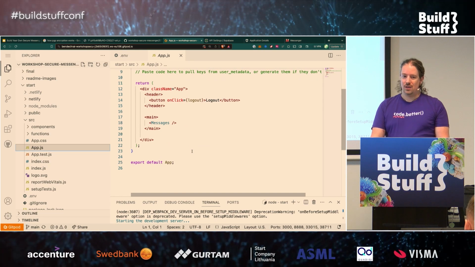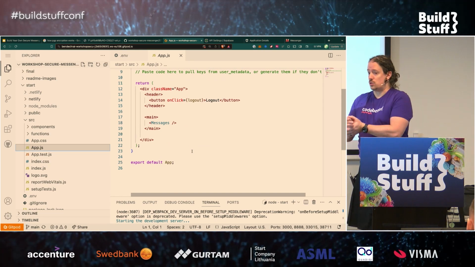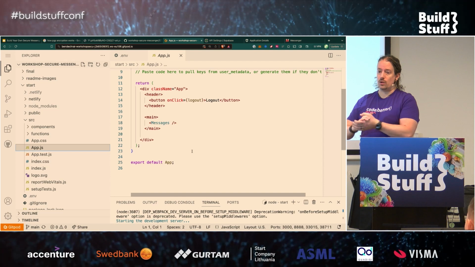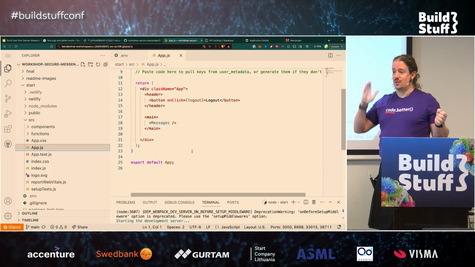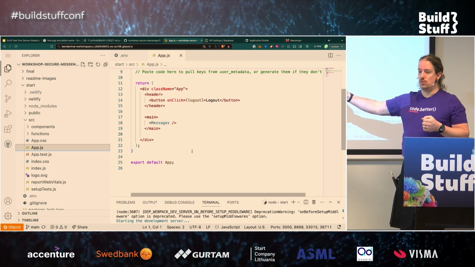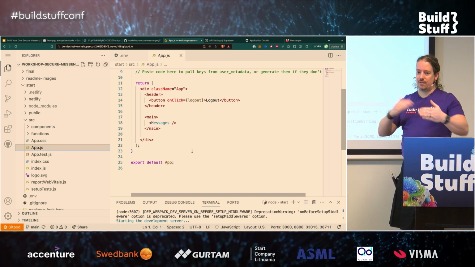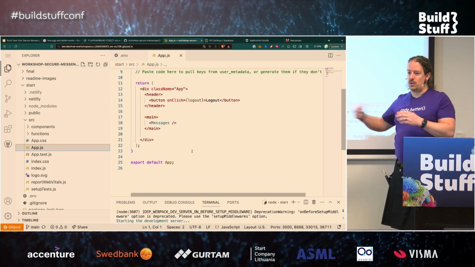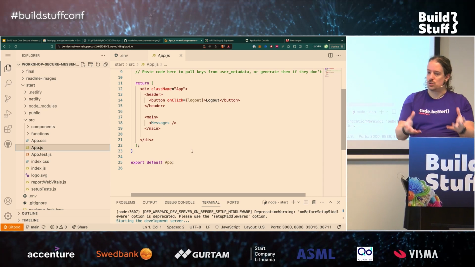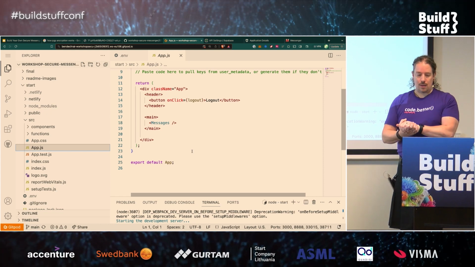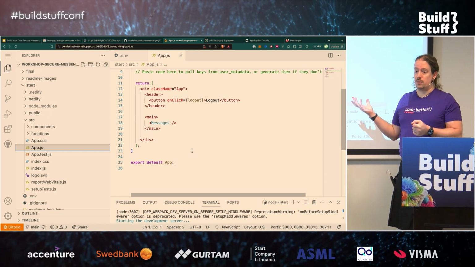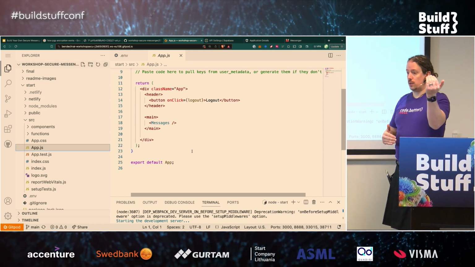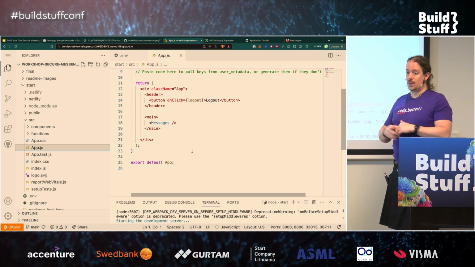This application, the way you can do most authentications, not just an Auth0 thing, you can either have an entire application protected. If you hit any route at all, you need to authenticate. Or you can have selective authentication where you can get to the home page, for example, but if you want to get to the admin section, then you have to log in. Or maybe you can have it even more granular and say if you want access to this certain component, then you need to log in. Because this application is mostly useless without being logged in, and also we don't want to show the public the list of messages, we're going to make the entire application